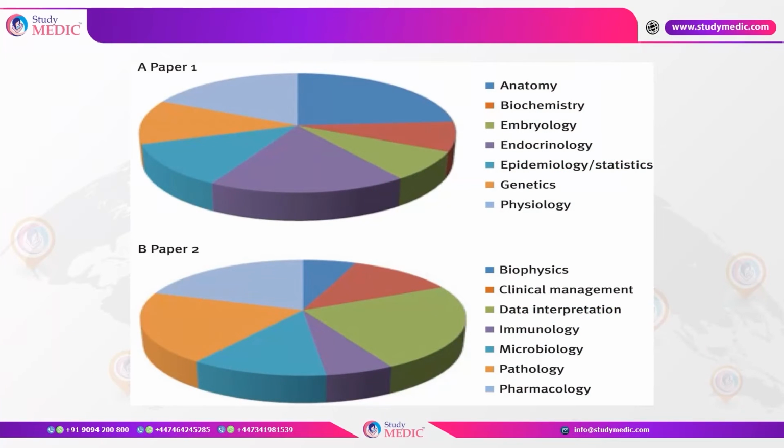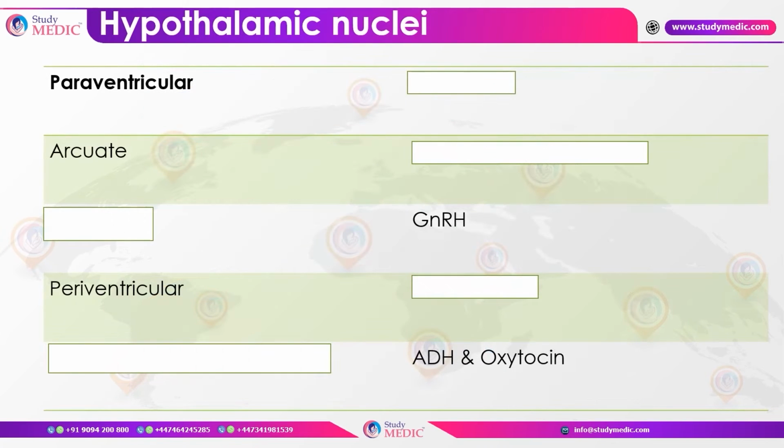So this is the rough distribution of what percentage of questions you would expect from endocrine. Remember, endocrine is a huge chunk in your paper 1. Expect something around 15 to 20 questions from endocrine. So let's begin. I want you to pause the video here and think of what all are the